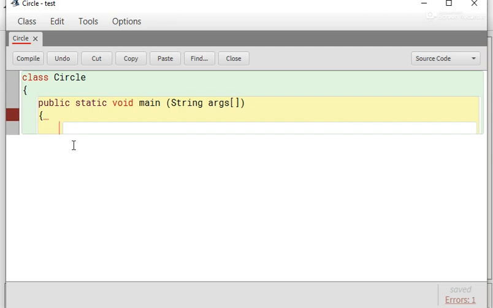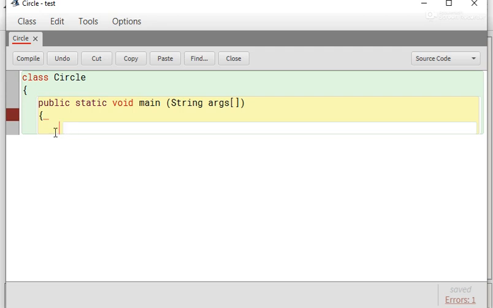After that, process that means calculation. Then we write the calculation how to calculate the area of circle using formula pi r square, and after calculating we give the output using system.out.println. This all steps are explained already in your notes.